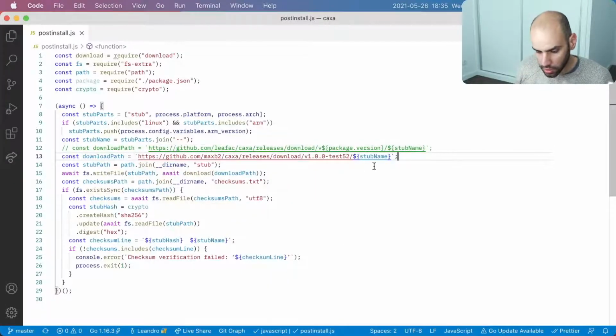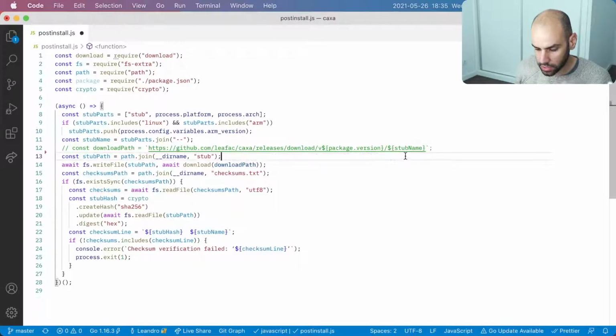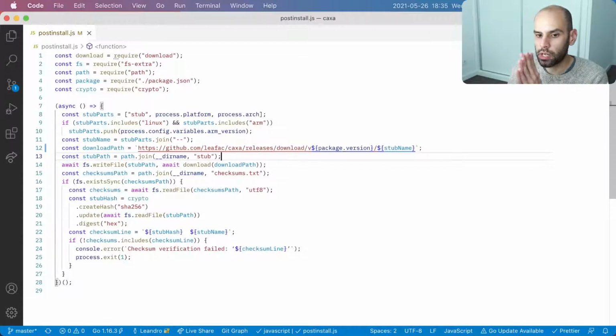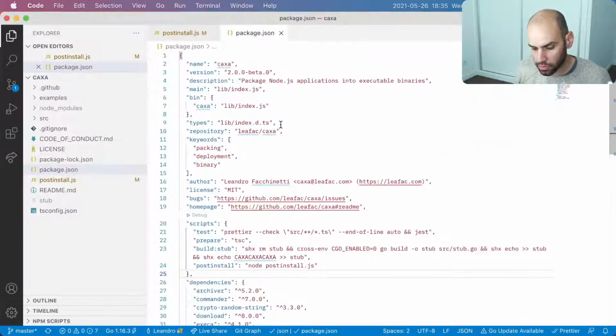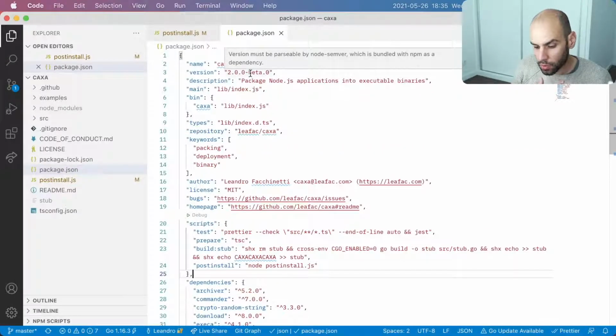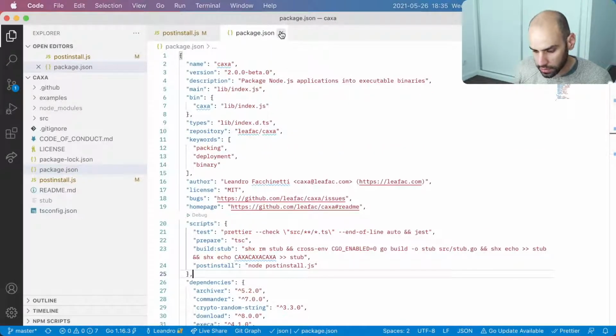So we have to do some changes there as well. So let's do the whole thing. We are not going to use these releases anymore because they were just for testing. We'll actually use this one. But there is a problem. What happens when we are building the thing? So we are making a new release. In that case, we have updated package.json, so we will be looking for something like 2.0.0 beta 1, for instance.